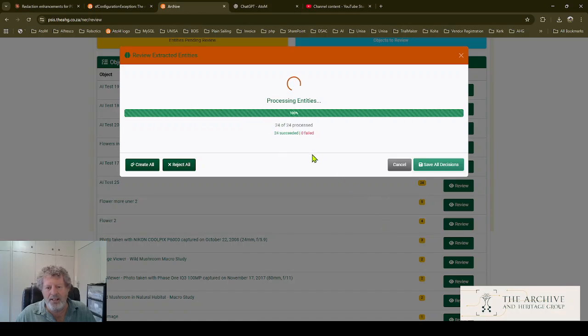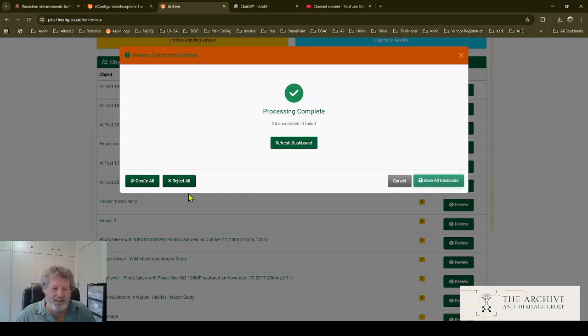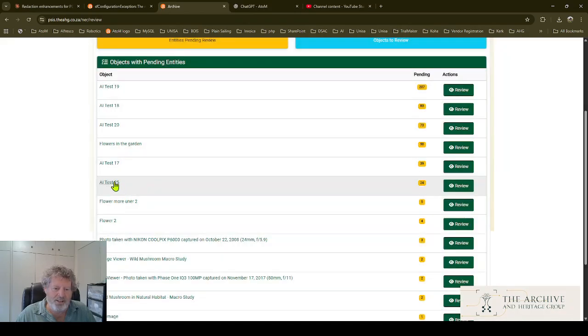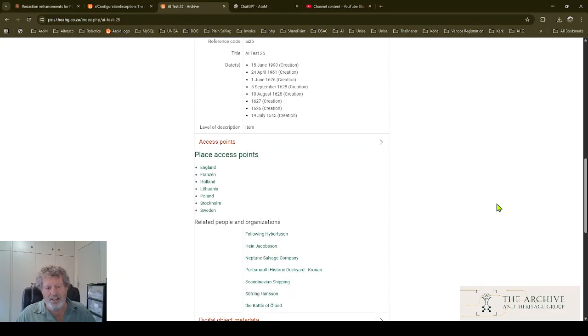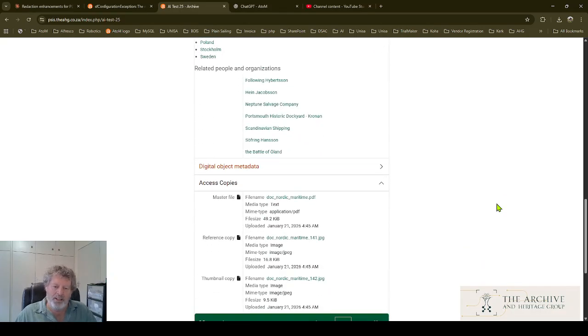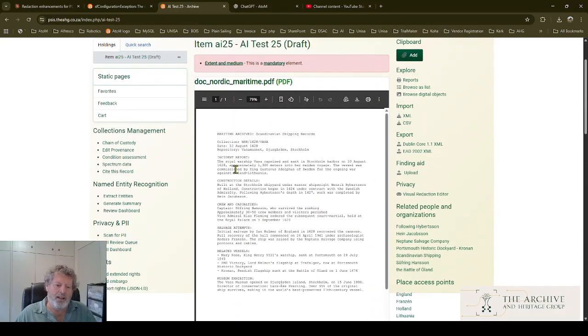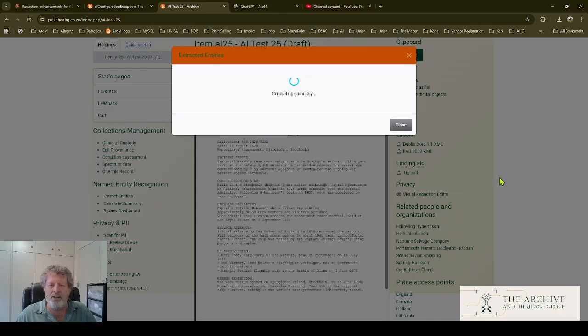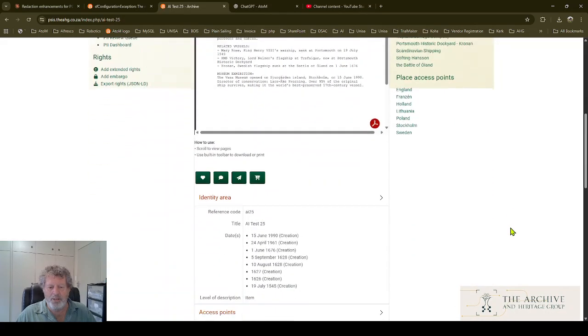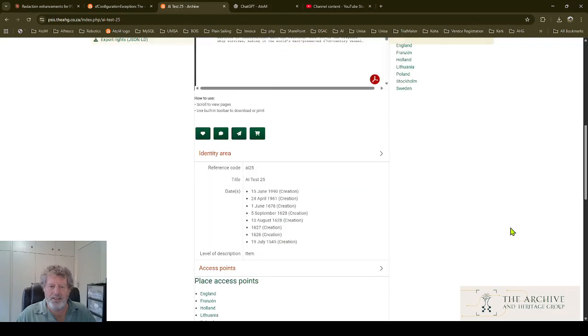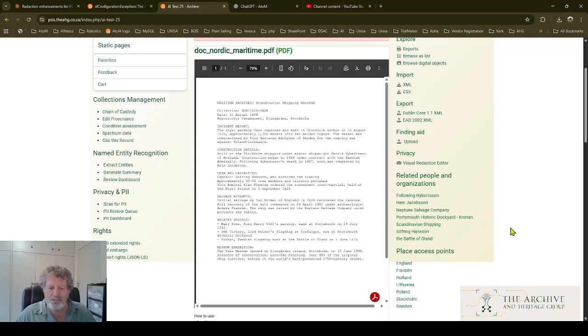You'll see now it starts creating the link. If I go down here and click that item, you will see it's now added all the dates, all the places, people and organizations. I can then go further to say, generate a summary of this document for me. It will generate a summary, and you can see there's the summary. I can say close, and the summary will be saved in, if it refreshes, it actually saves into